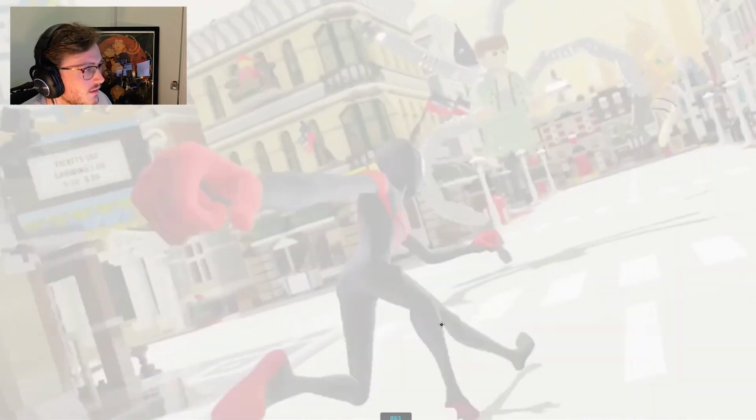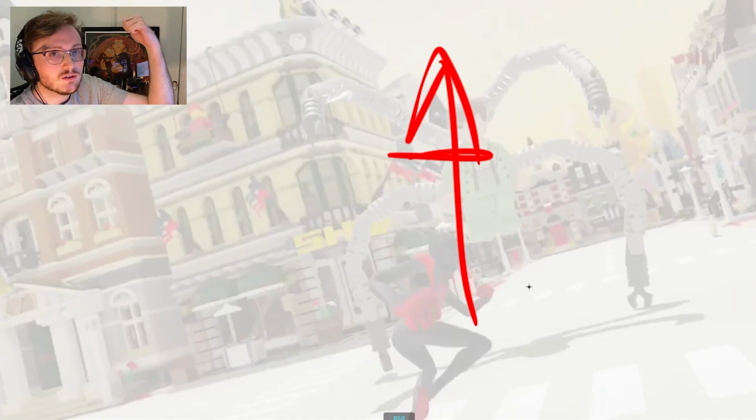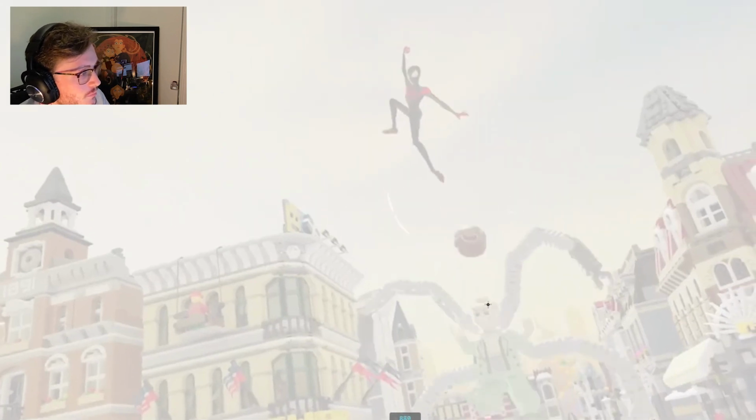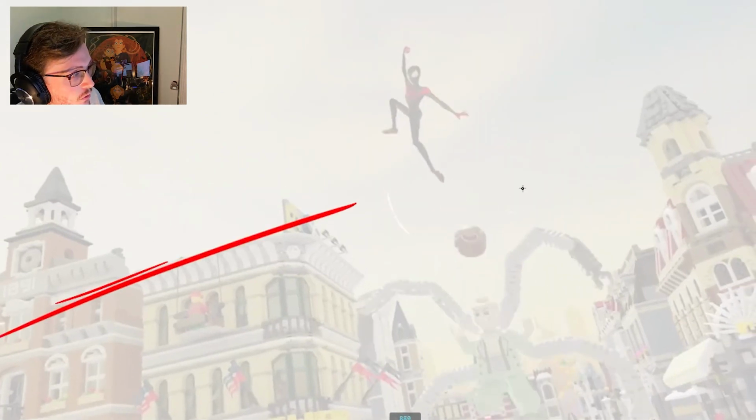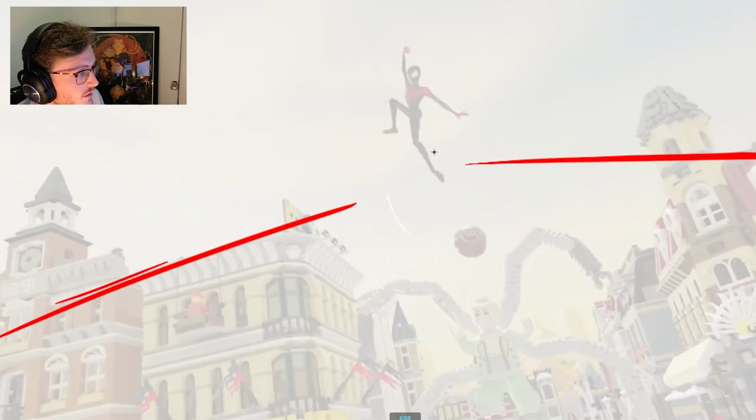And then again, right now the camera leads up before Spidey does, which makes it feel slightly more like stage choreography. So if anything, if the camera stayed lower and then Miles punches up and then the camera follows, that would have made it feel a little more natural. But again, this composition is pretty cool. I love how everything kind of feels like it's pointing towards Miles here, which is really nice.